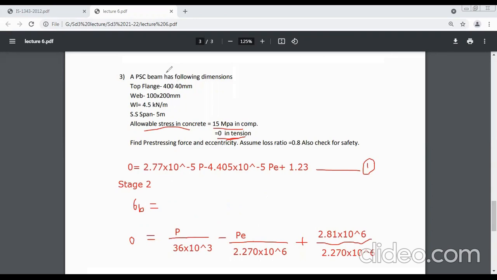So we can write here N into P divided by A, then plus or minus at the bottom. Due to pre-stressing at the bottom, it is compression because hogging type of bend occurs due to the pre-stressing force. So it will be plus